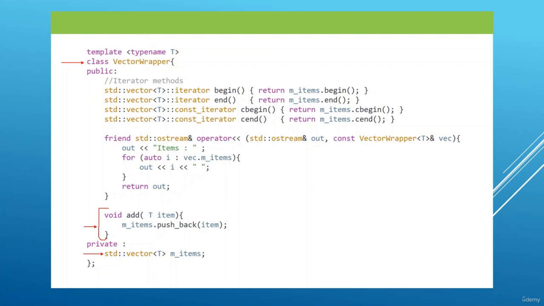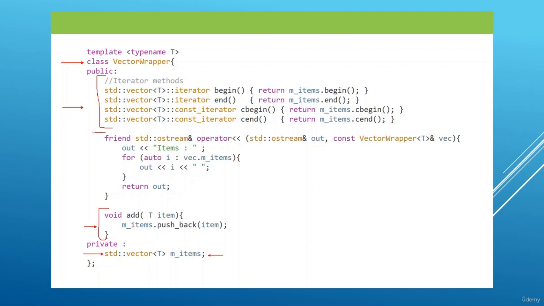But we don't want to do the hard work to set up our own iterators, because we know that what we are wrapping around already has the iterators that we need. So we can just return those iterators, and that's what we are doing here. We have our iterator methods on top. We have begin and cBegin and cEnd, and they are going to be returning the iterators from our collection. You see, begin is going to just return mItems begin, and end is just going to return the end iterator from the vector. cBegin is going to return cBegin, cEnd is going to return cEnd,